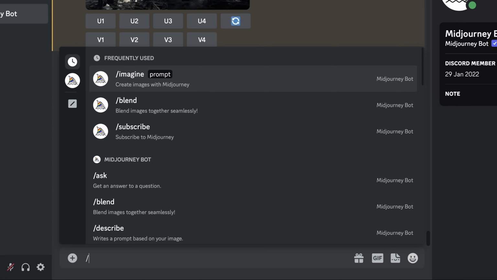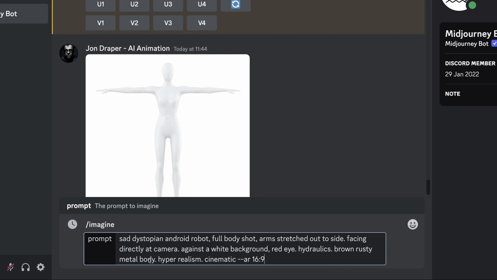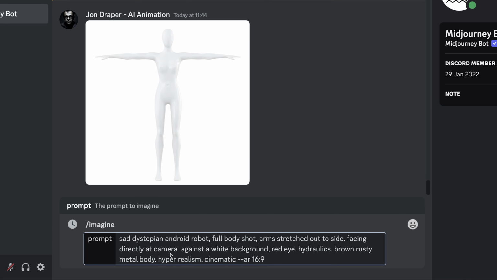Then we press / and press enter, and it uses the Imagine prompt. And then we paste out our text prompt. And I'm going for sad dystopian android robot, full body shot, arms stretched out to side, facing directly at camera, against a white background, red eye, hydraulics, brown rusty metal body, hyperrealism, cinematic, AR 16:9, and this bit of code